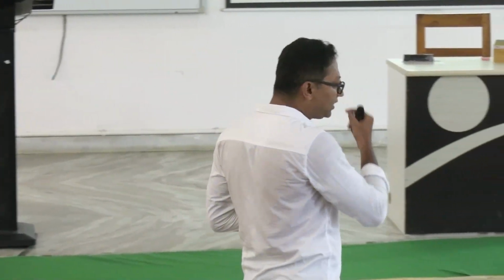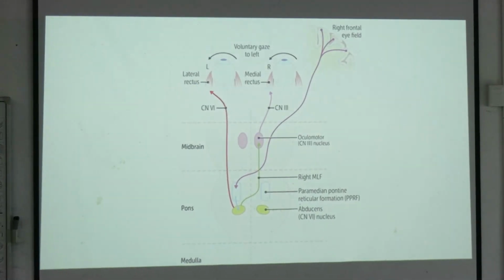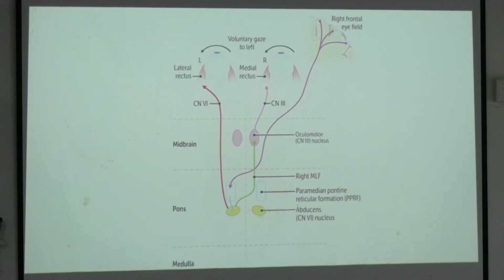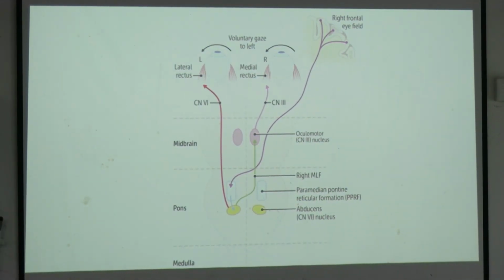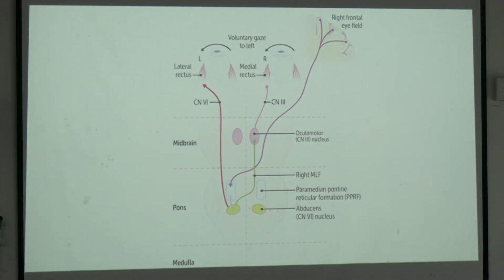So it is called conjugate eye movement. This phenomenon is called conjugate eye movement. একটা আইয়ের lateral rectus কাজ করবে আর একটা আইয়ের medial rectus কাজ করবে, right? This is called conjugate eye movement. But you know that the lateral rectus is supplied by the sixth cranial nerve and the medial rectus is supplied by the